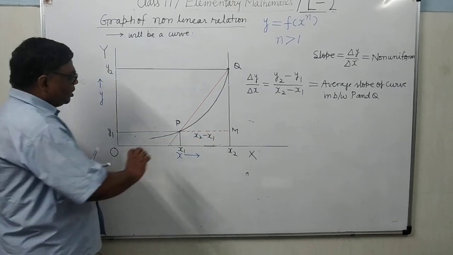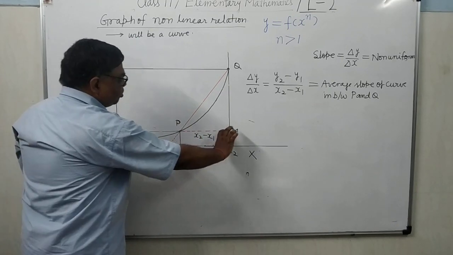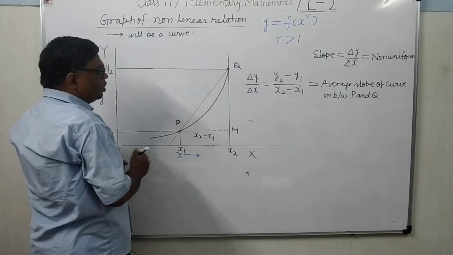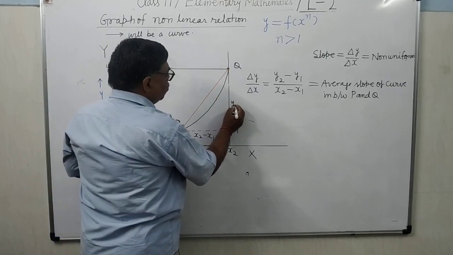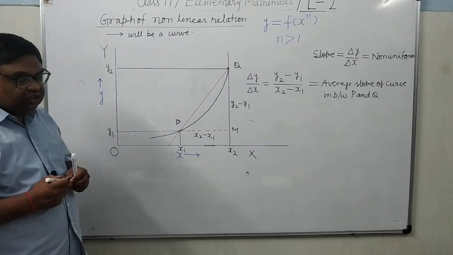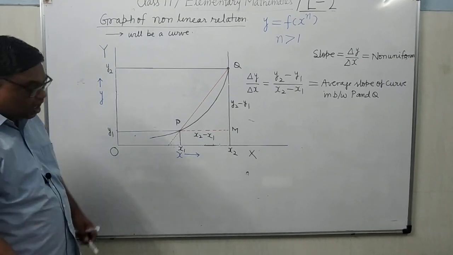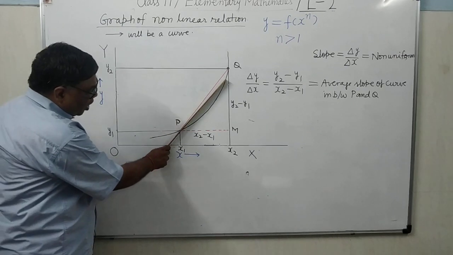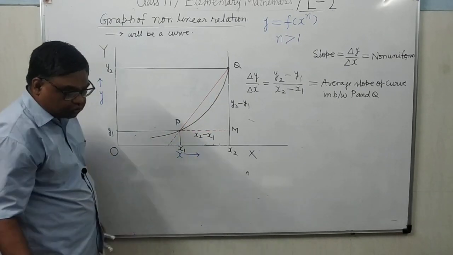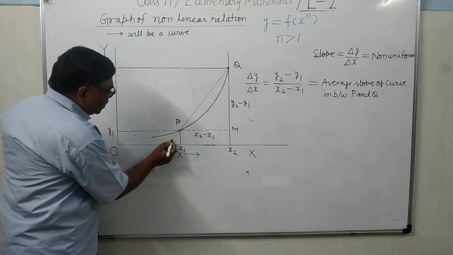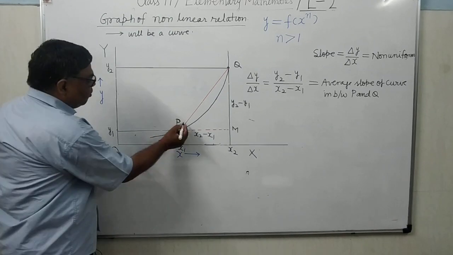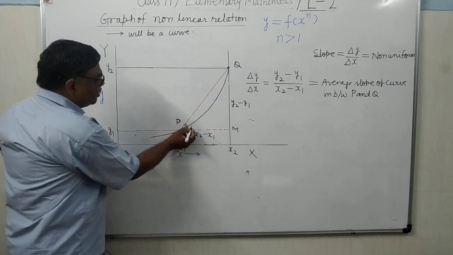Then you can see here, this is y1. So this will also be equal to y1, while this whole is y2. So what will be QM? QM will be y2 minus y1. It's clear? Now this chord PQ is making what angle from the x-axis? You can see here, it is making this angle from the x-axis. This angle will be equal to this.